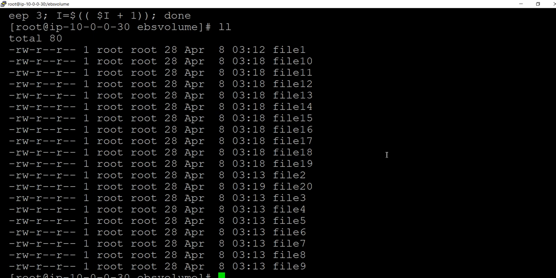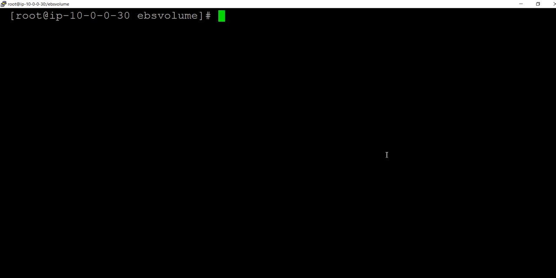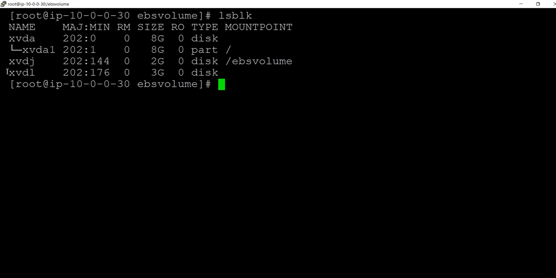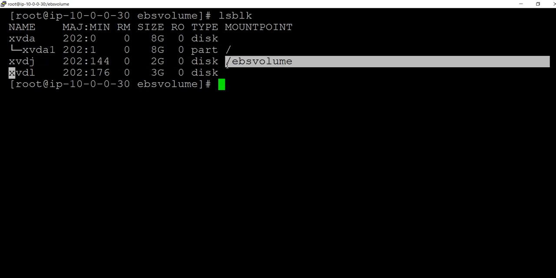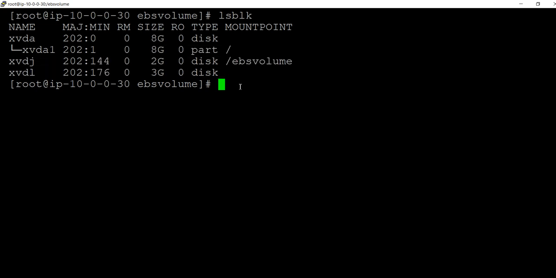Now I can show you lsblk. We have xvdl also attached. In this one we need to verify whether the data is there or not. For that, first again the same thing. mkdir to create a folder, that is restore or backup volume.